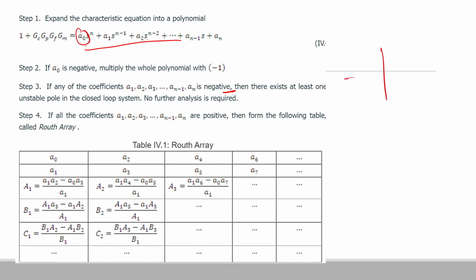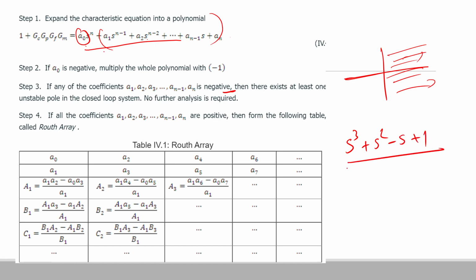That is, if any of a1 to an is negative, then we can say that at least one pole lies in the right half, that is, the system is unstable. So if we are having, let's say, s cubed plus s square minus s plus 1 as my characteristic equation, then we can see that one coefficient is negative over here. That means this system,